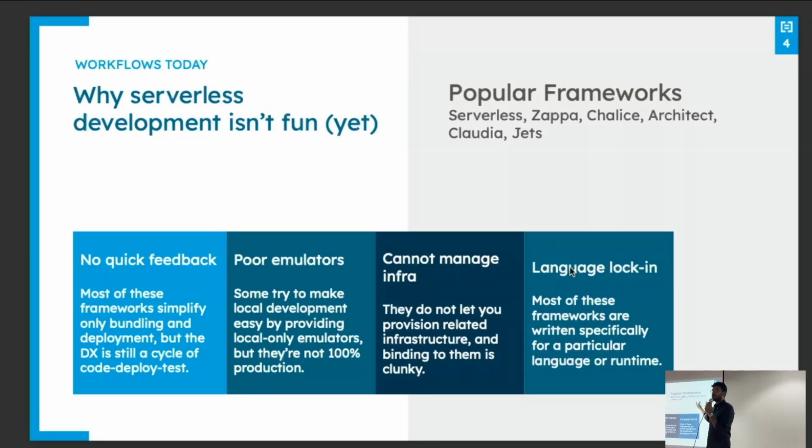Almost every single framework is written only for one specific language or a runtime. So let's say you start with serverless, right? And it's Node.js. Now tomorrow somebody says, hey, no, I want to change this to Python for whatever reason, right? You're stuck. You can't really take that code and do that. It's a smaller problem, but still a problem. In reality, nobody's changing languages midway through a project, right? But it's still something to think about.